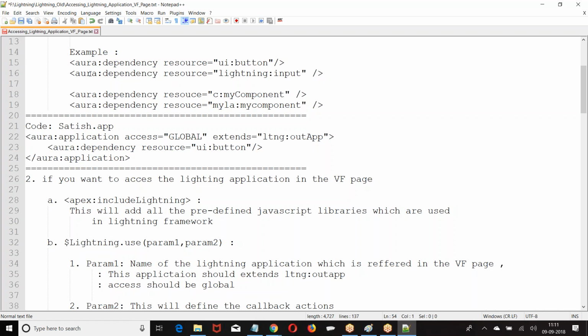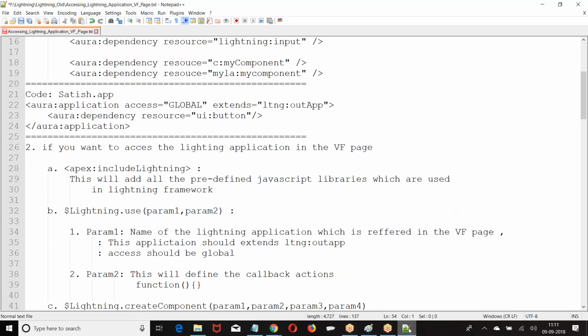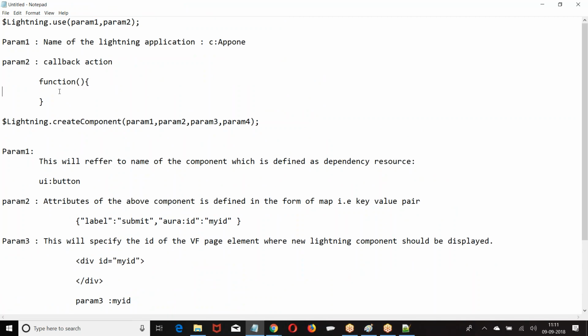So how many functions do we have in total? Lightning.use, application, comma, function. Within the function I have to define a component. Now we have defined it here, right? So in the function you are supposed to define it.